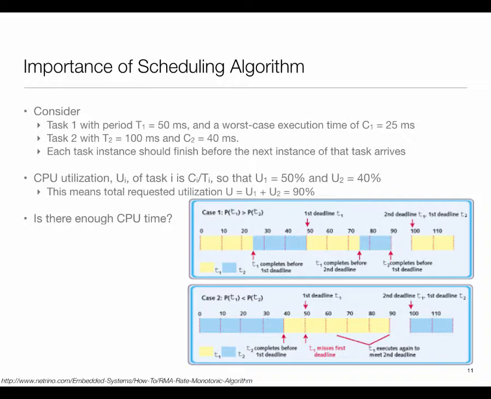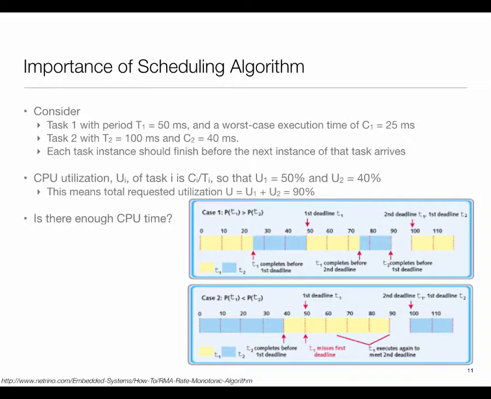So in this case, we can see that priority ordering does matter. If I gave higher priority to task 2, the system doesn't work, even though processor utilization is still 90%. So processor utilization is an insufficient indicator of schedulability. Scheduling matters, or in our framework, the priorities matter. Is this point clear? Which order I assign priority clearly mattered.